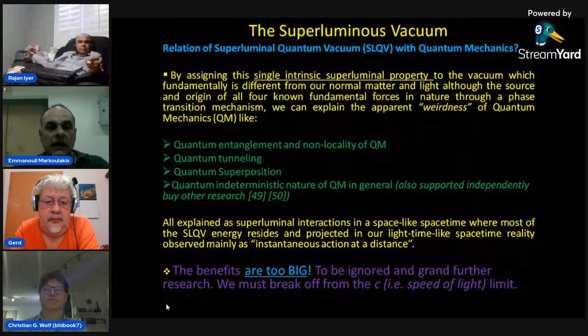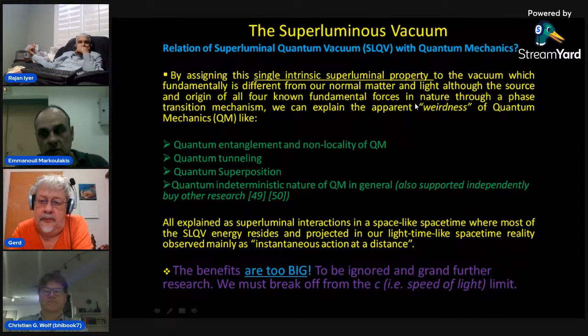As I said in the beginning of this presentation, by assigning this single intrinsic superluminal property to the vacuum, which is fundamentally different from our normal matter and light, although it is the source and origin of all four known fundamental forces, through a phase transition mechanism, I refer here to the deceleration of the graviton coming out from its space-time and coming to our space-time, we can explain the apparent weirdness of quantum mechanics, like quantum entanglement and non-locality,